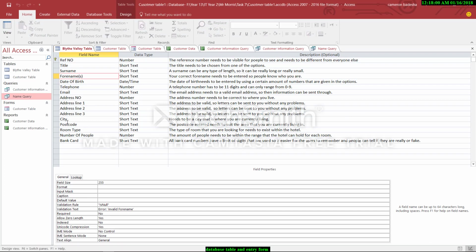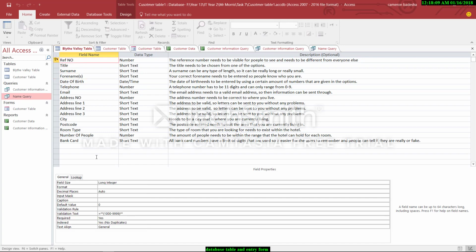Hello, my name is Cameron and I'm here to talk to you about how to create a database table. Here is my Vice Valley table with a reference number which has a field size as long integer,